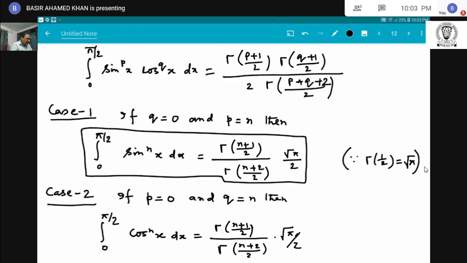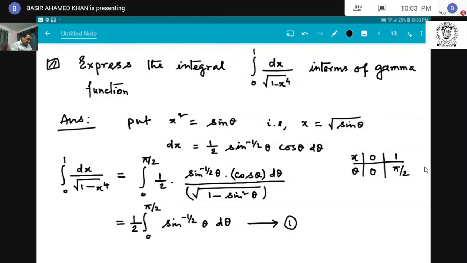Therefore I put the value n equal to minus half, then it becomes half into root pi by 2 into gamma of (half minus half plus 1) divided by 2, divided by